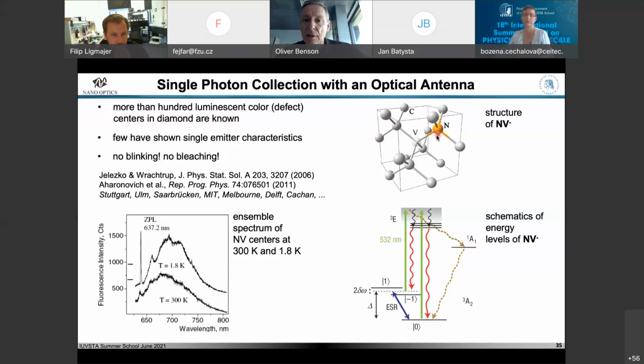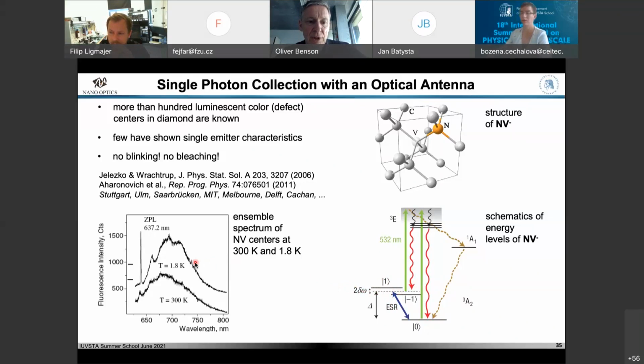For this defect, the energy level structure is well known. It's basically a group of ground states, a group of excited states, and some long-lived intermediate states. And interesting enough, you see it looks like the hyperfine states of an atom. So we have long-lived states in the ground state, different states with good coherence properties. And this makes this particular defect very similar to an atom, with a number of hyperfine ground states.